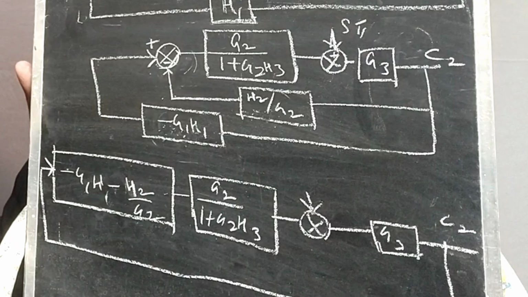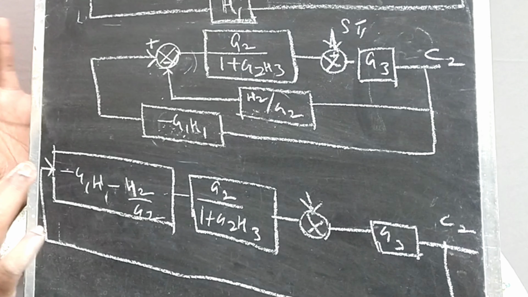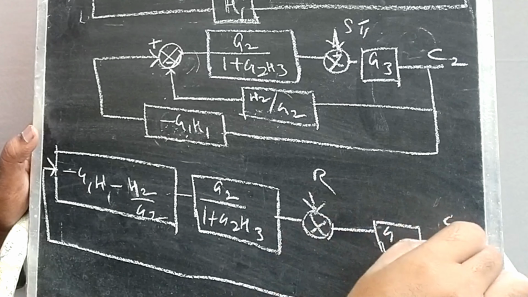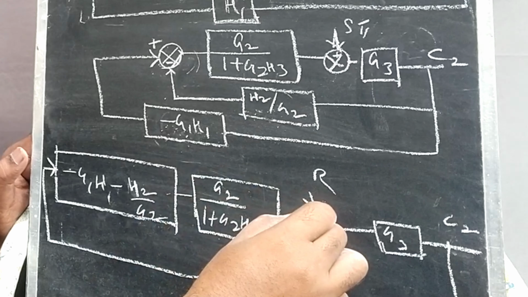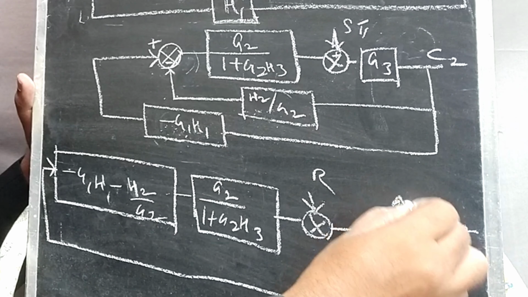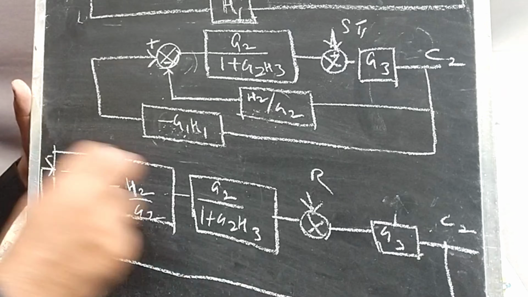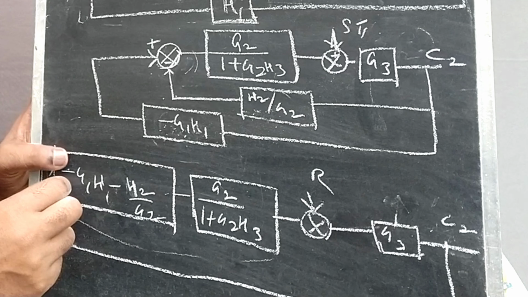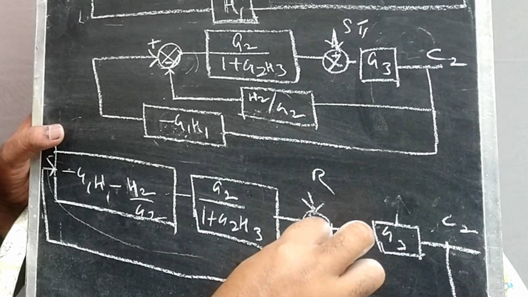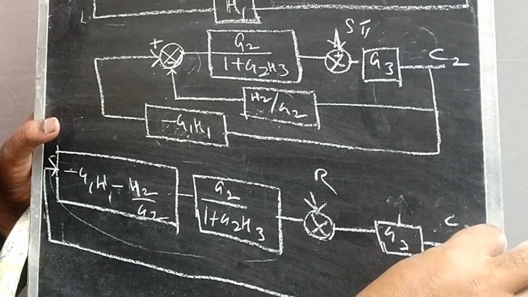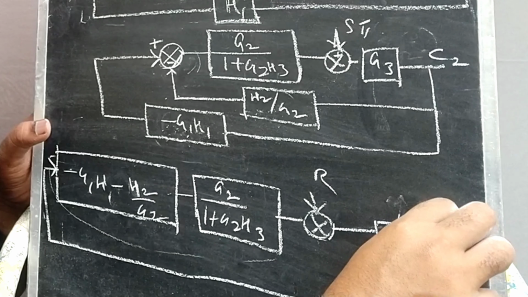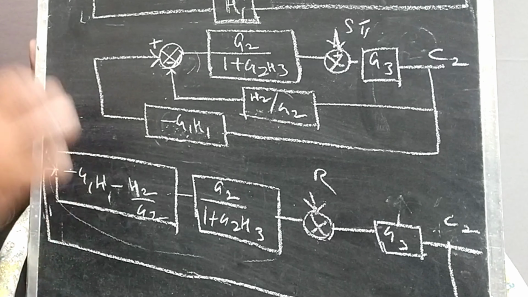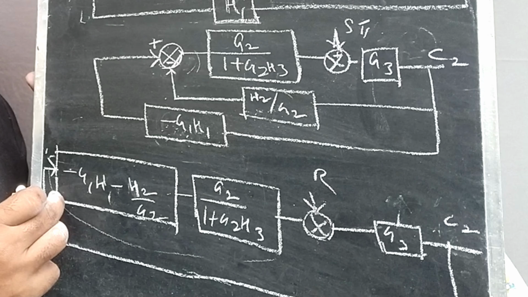The next step is to look at this particular block. Here it is an input, it moves, and then this output again comes back to the input. So this G3 element is considered as the feedback path. This whole thing is considered as the feedback path. It is just like a loop. Just listen: an input comes in and goes out as an output. This output is not sufficient, so this output goes again as an input like this. So it looks like a 100% loop. So it is a feedback path.